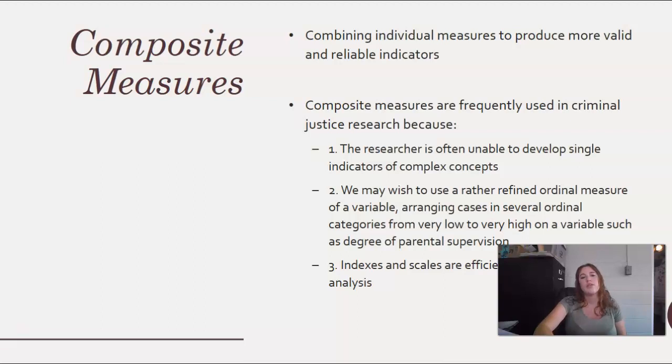Okay, so oftentimes in CRIM research, what we do is we combine individual measures to create a composite measure. And so this is a single measure that captures the variable of interest. So for example, when I'm saying crime, what type of crime are we talking about? Are we talking about violent crime? Are we talking about property crime? Are we talking about all crimes? Because then we have to include questions about all crimes, and then we want to put it all together into this composite measure of crime.